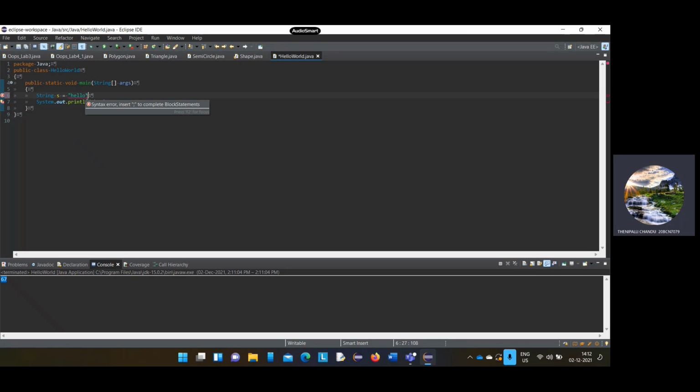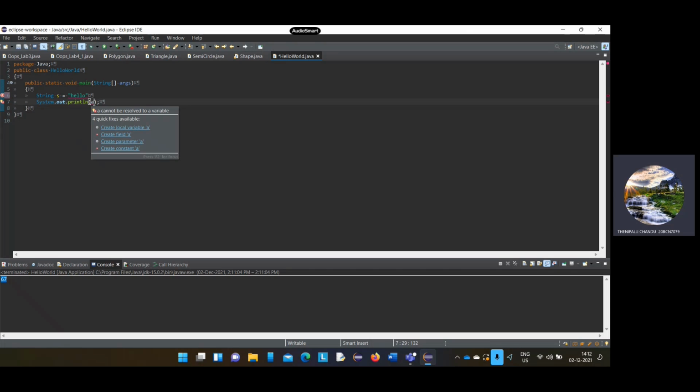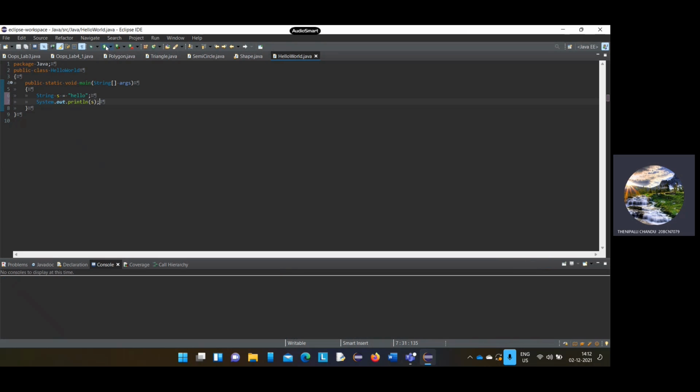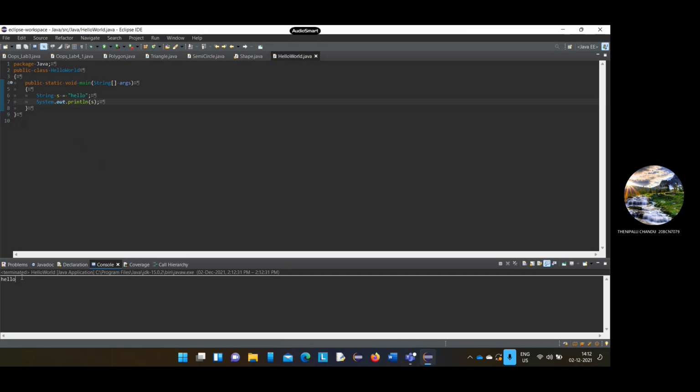So we have to give it in double quotes only. I have given the initialization s, so I will give only s here. Sorry, here we have to give a semicolon, here also. Now we will see the output. Yeah, we got the output. The output is hello.